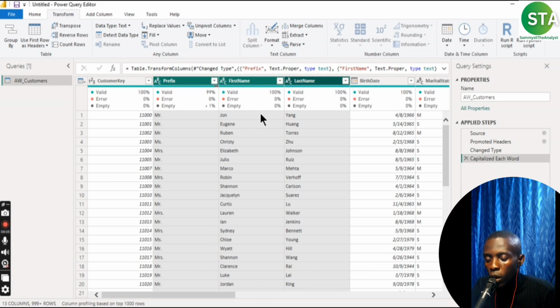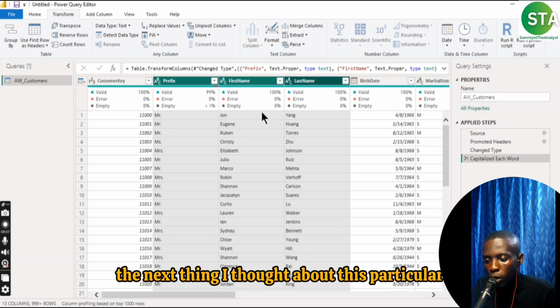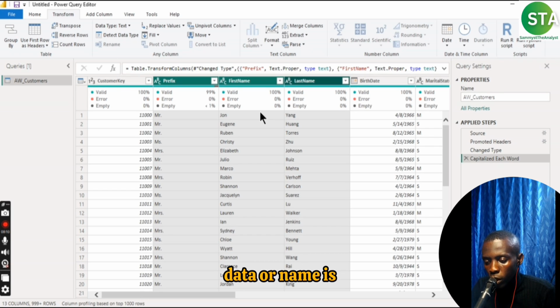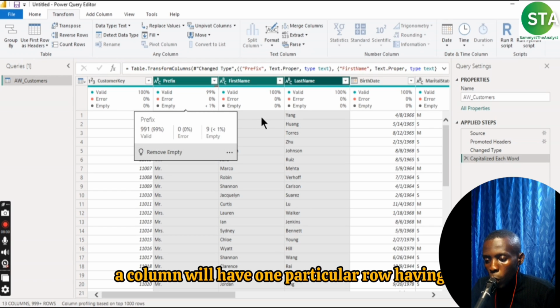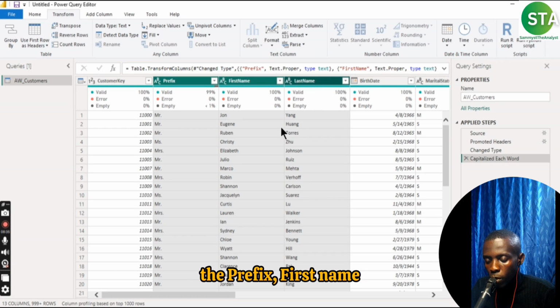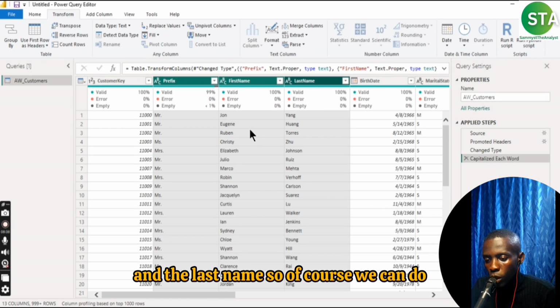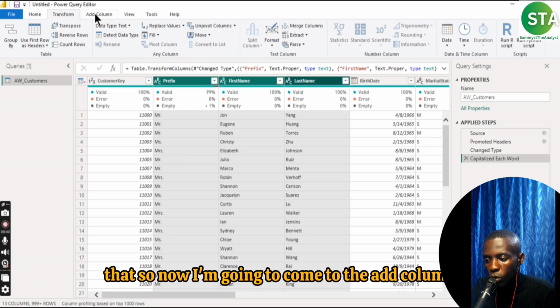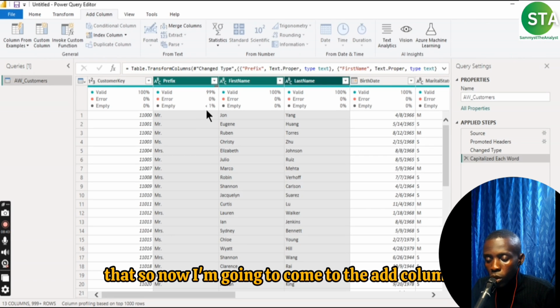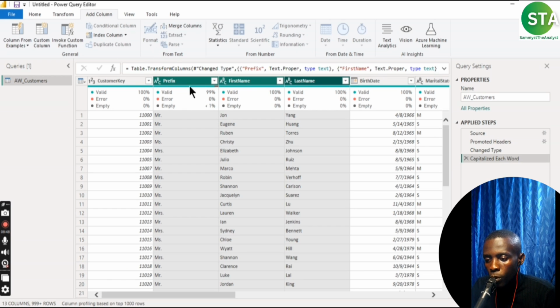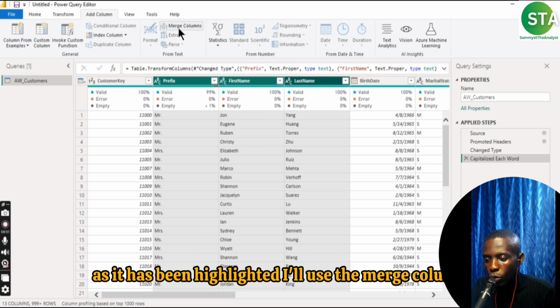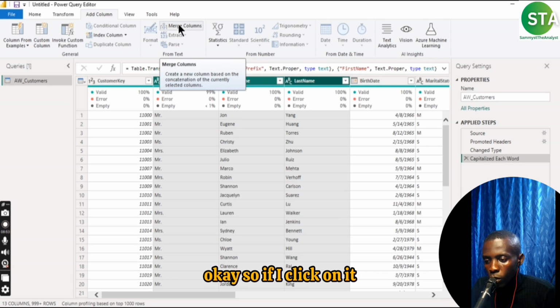So the next thing I thought about for this particular data is, what if I have a column that has all the names together? A column where one particular row has the prefix, first name and the last name. Of course we can do that. So now I'm going to come to the Add Column tab, because in making this change I want to add a new column. As it has been highlighted, I'll use Merge Columns. Okay, so if I click on it,